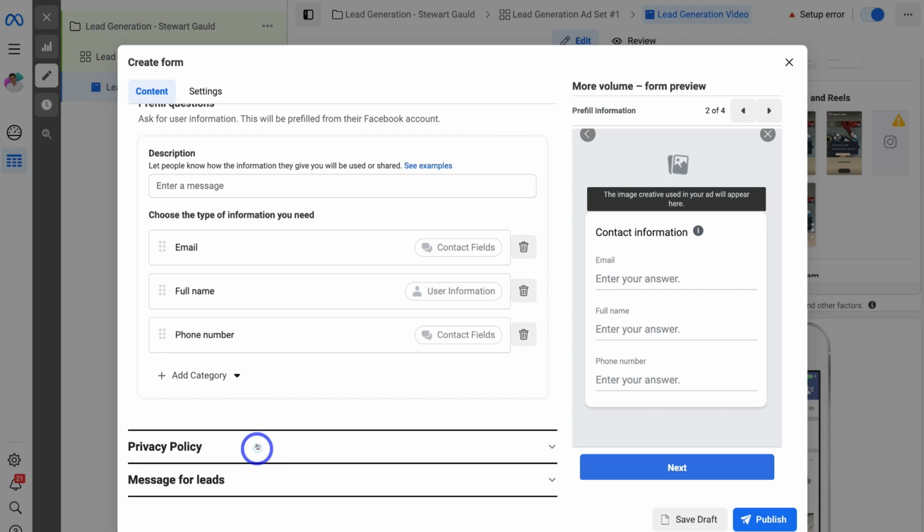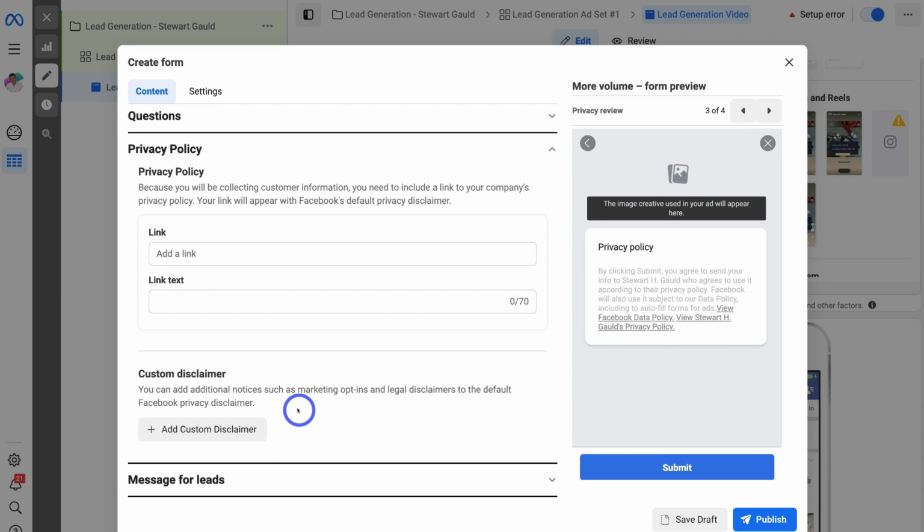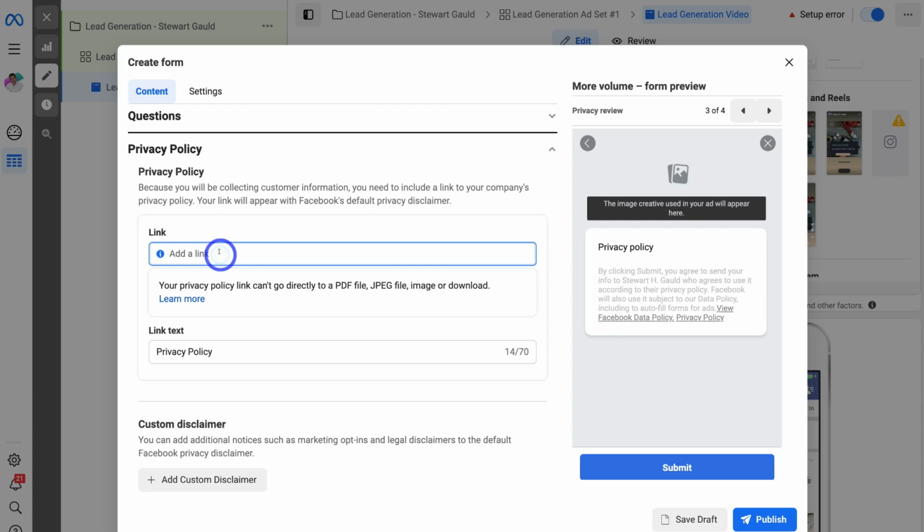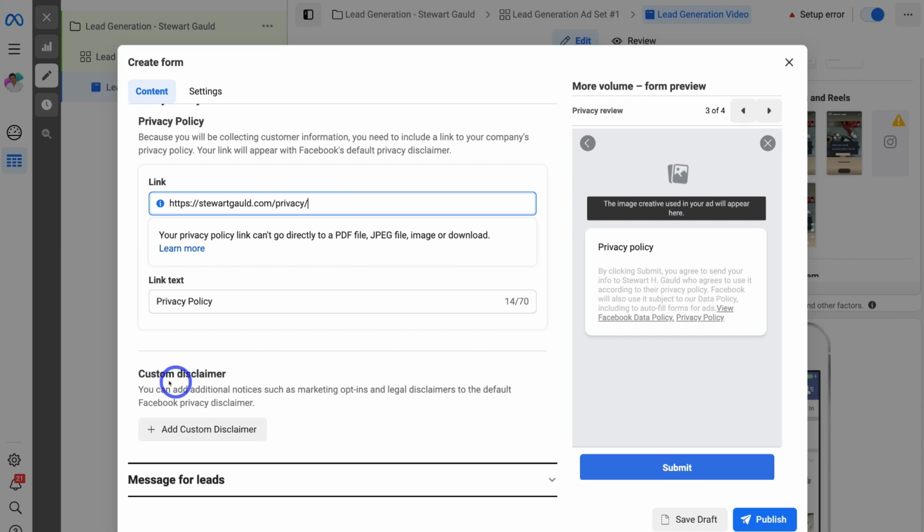Then navigate down to privacy policy. Here you want to add your privacy policy. So most likely you have one for your website. If not, you'll have to go ahead and create one. So I'm going to go ahead and type in privacy policy and then paste in my privacy policy link to my website. Then come down and you can add a custom disclaimer if you like, and below that we have